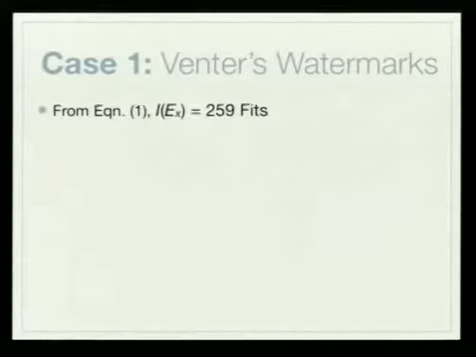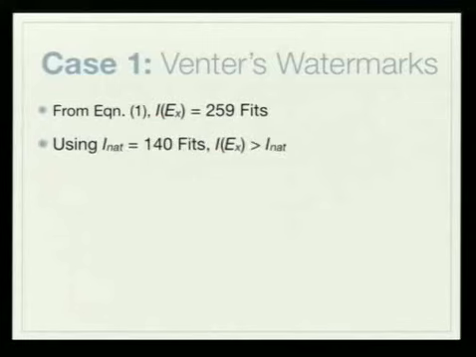I want to look at 4 cases. Case number 1 is Venter's watermarks. From equation number 1, we plug the 5 watermarks in there, and that's relatively easy to do. And it turns out that the amount of functional information encoded within the Venter Institute's 5 watermarks in their artificial genome is 259 fits of information, or functional bits. Since I-nat is 140 bits, or functional bits,